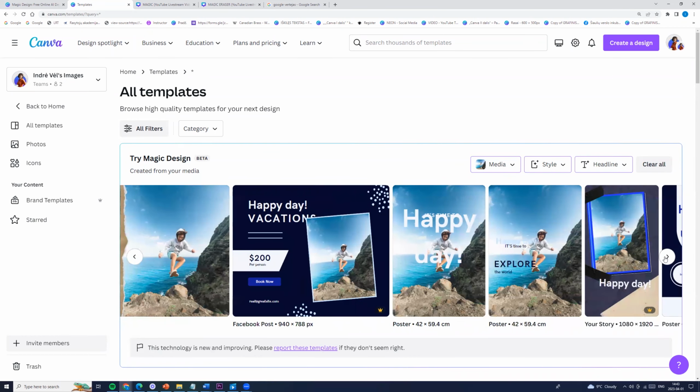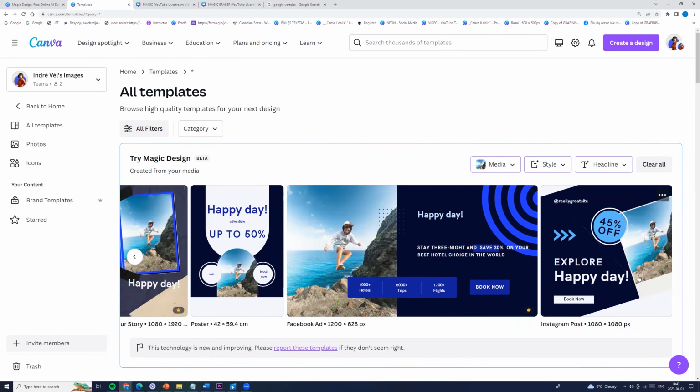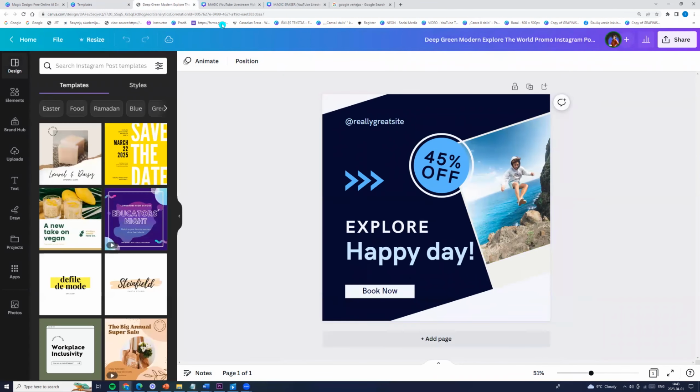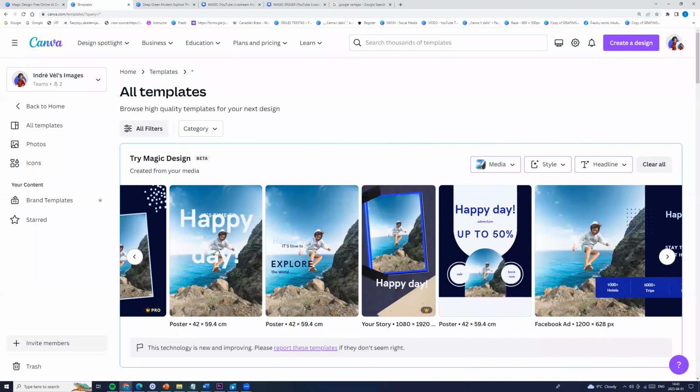We have our designs. Now we can click on the design and just click Customize this template. And here you go. I hope you like this